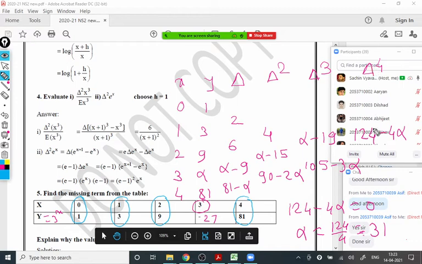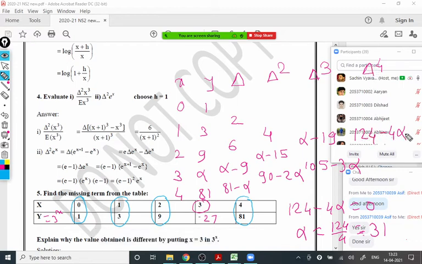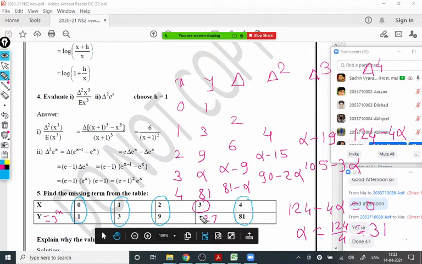So this fourth difference we are taking as 0. Why are we taking the fourth difference as 0? Why are we equating it to 0? The reason is that the fourth derivative of that polynomial is 0, because we are approximating this data by a third degree polynomial. Why third degree? Because 4 pairs are given. Okay, so that is happening that way.